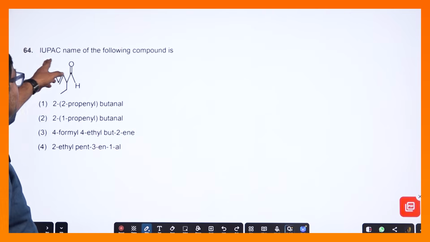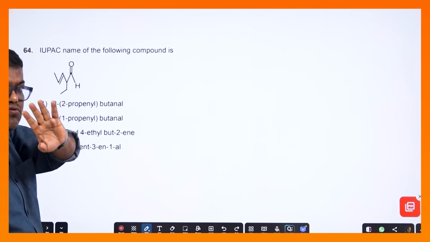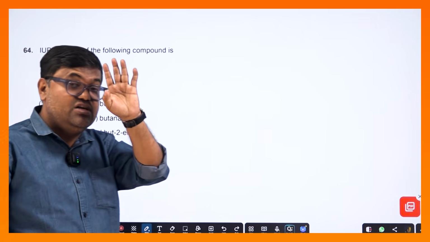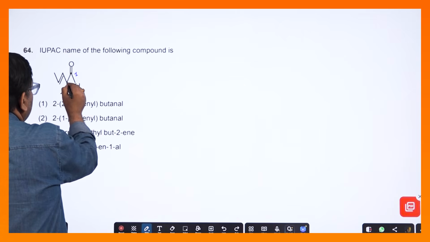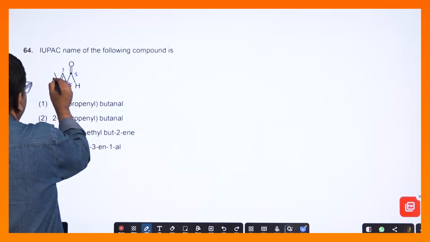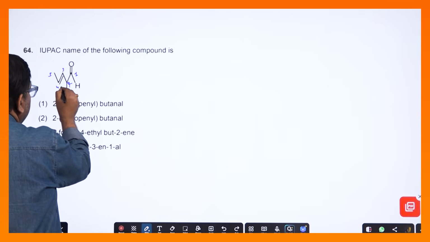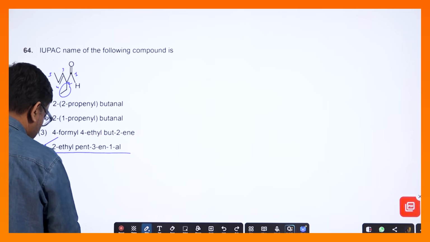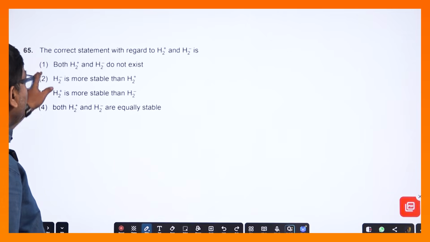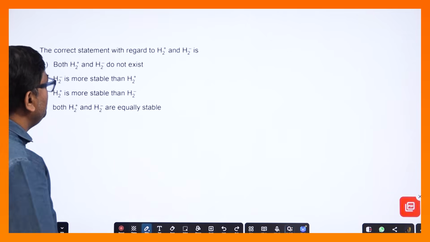19, IUPAC name of the following compound is, বেসিক কোশ্চেন আসতে পারে IUPAC তে, কোশ্চেন কিন্তু একটা দিচ্ছে, ভেরি ইম্পর্টেন্ট, খেয়াল রাখবে, নাম্বারিং করবে, এটা 1, এটা 2, এটা 3, এটা 4, এটা 5, তারপরে 2 নম্বরে ইথাইল আছে, 2 নম্বর ইথাইল এখানে আছে, অ্যান্সার হয়ে গেল 4। নেক্সট কোশ্চেন, the correct statement with regard to H2+ H2- কী হবে, দেখো